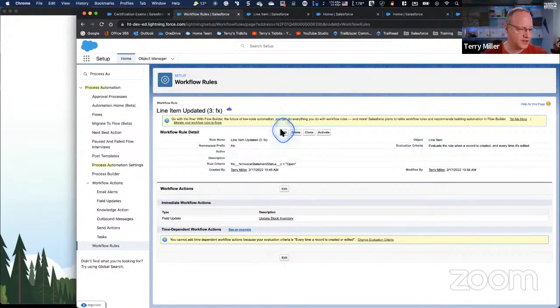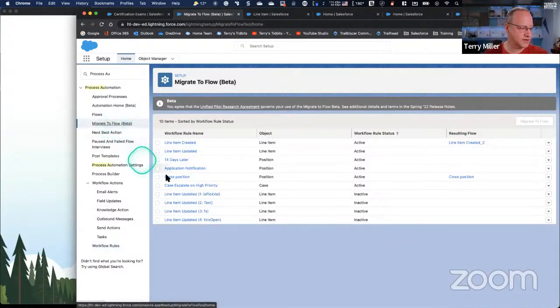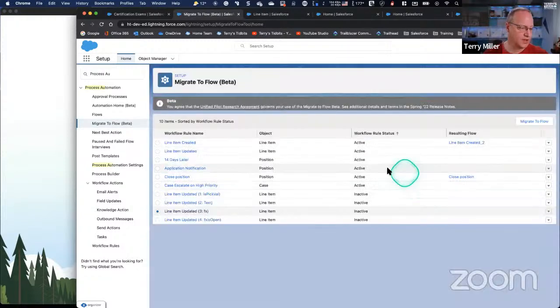And if I look, let's edit it so you can see the way it's set up. Invoice statement equals open. Jumping back over to my flow, I went to migrate that. And once again, it says that it's an unsupported formula. Okay, so